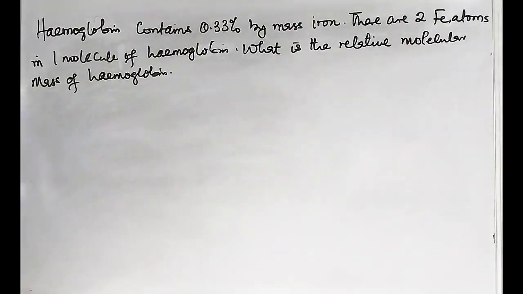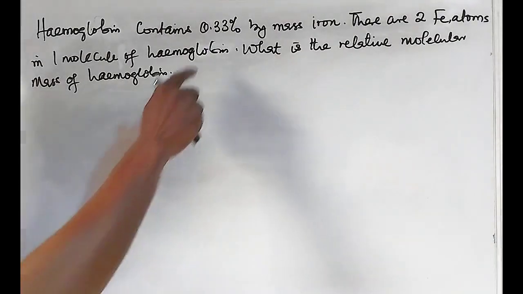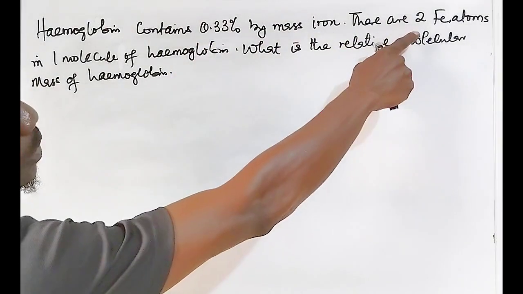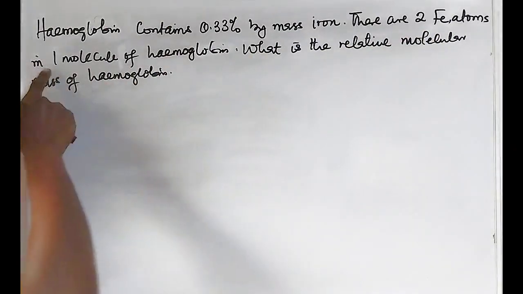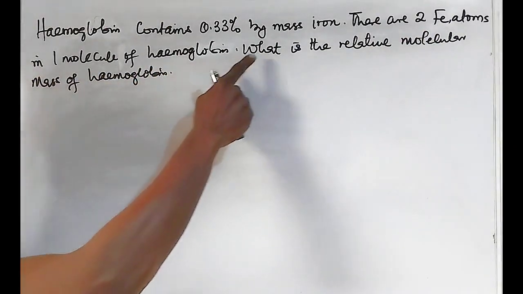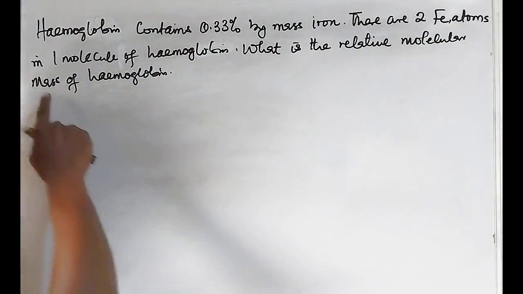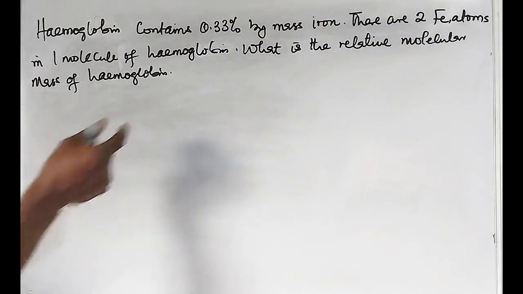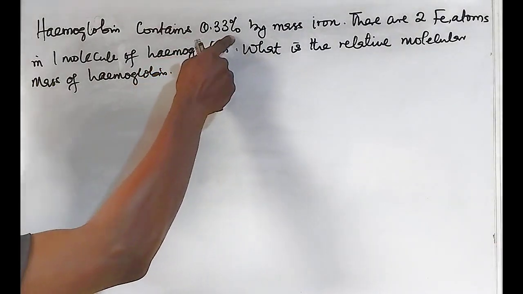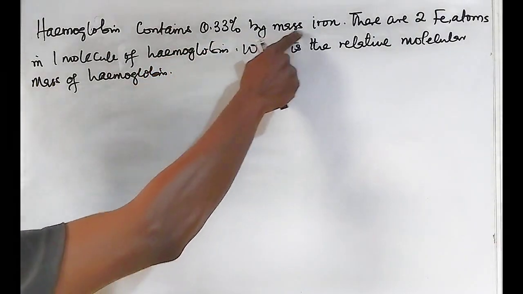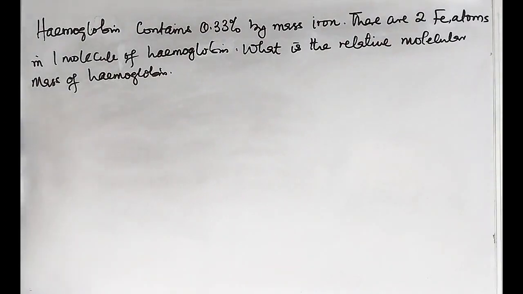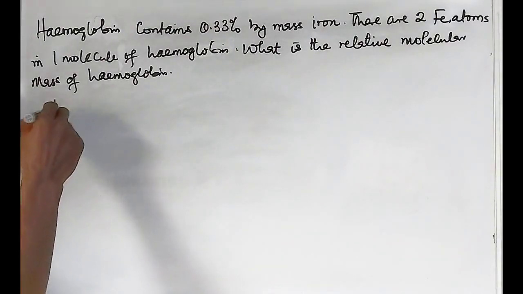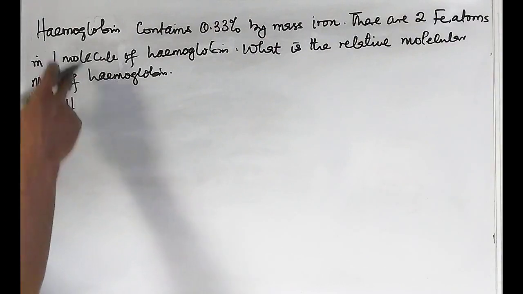Now for the last one here, we have the hemoglobin contains 0.33% by mass iron. Now there are 2 iron atoms in 1 molecule of hemoglobin. Now what is the relative molecular mass of hemoglobin? Now in this case, take note that 0.33% by mass is that of what? Iron. Okay, now we are told that, let us assume 1 mole of hemoglobin,